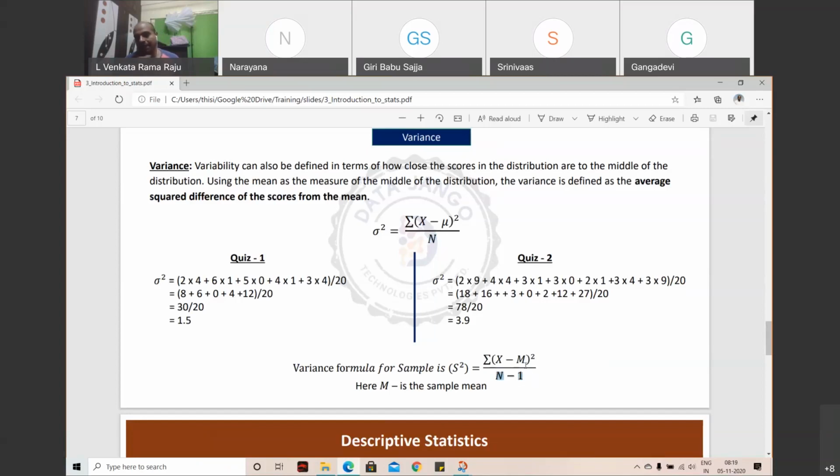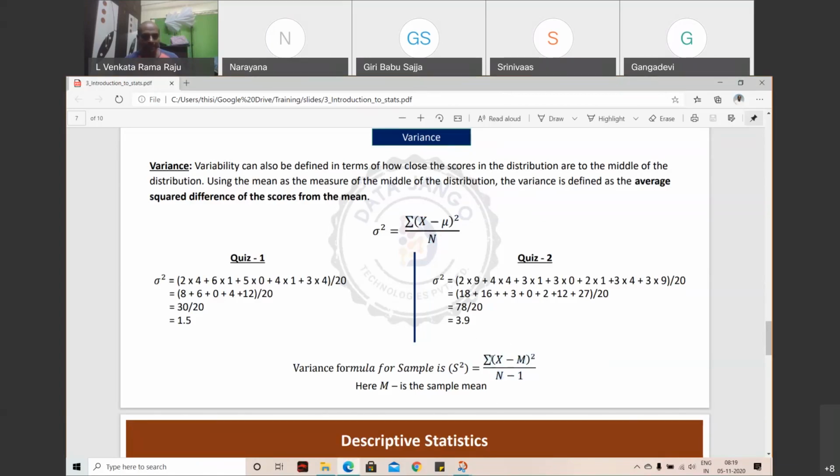If your denominator is a small number, your value is going to be a bit high, right? Suppose the data is the same, mu is also the same. You are dividing with 20 here, you are dividing with 19 here. Which number is going to be high? Sigma square is going to be high, or s square is going to be high? Which one is going to be high? S square. S square is going to be high, right? Because the denominator is low.